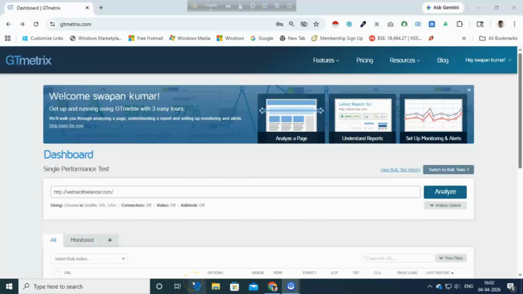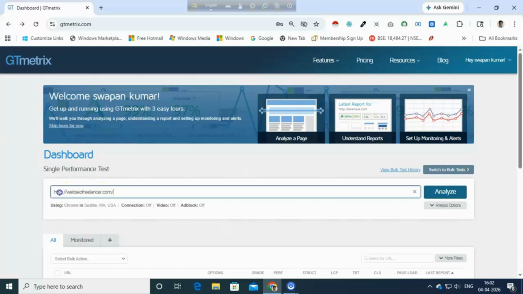Hello, now we are in the GTmetrix website speed test page. We'll test our website speed taking my URL, that is webseo.freelancer.com. So to start with, you need to